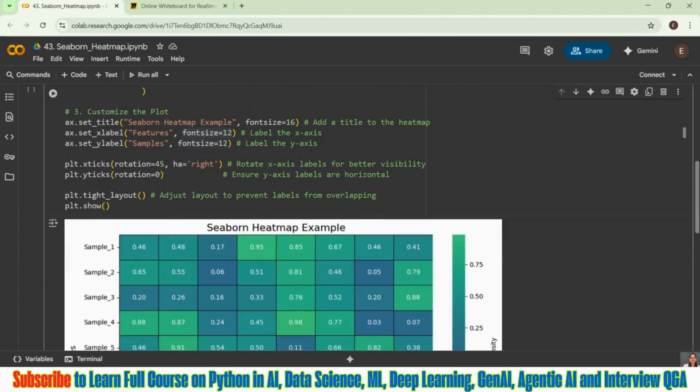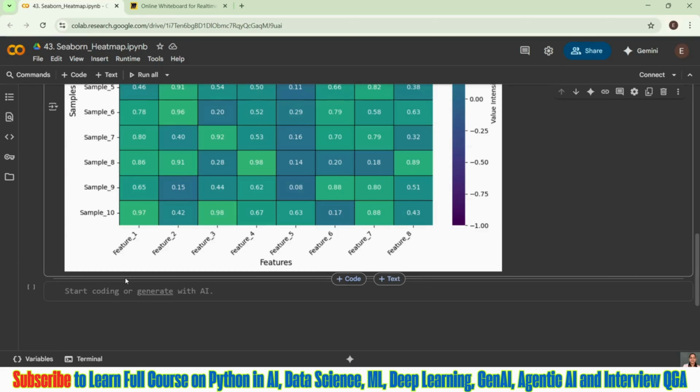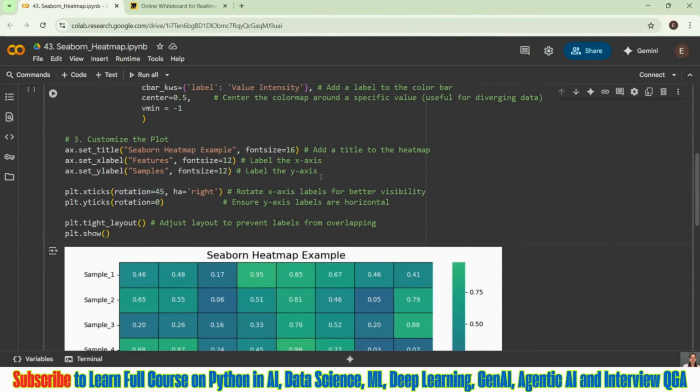Next, xticks I have taken, right? With plt.xticks I am giving some rotation to all those labels which you are getting here on the x-axis, as it is not going to look good if they stay straight or perpendicular. I have given an angle of 45 degrees, and for the horizontal axis I'm telling it should be aligned to the right. If I'm giving an angle, it is going to be aligned towards the right.